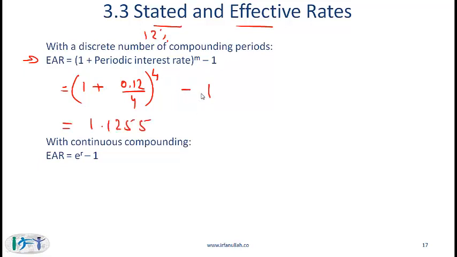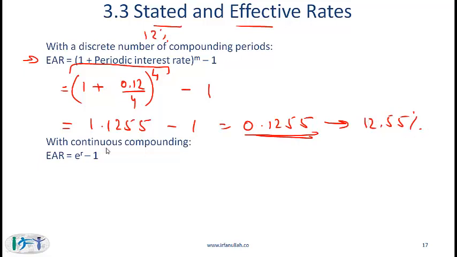A lot of people get confused about this minus 1, and the idea is actually fairly straightforward. If you look at this part of the expression, essentially we have 1.03 to the power of 4, which is telling us how much $1 will become at the end of 4 periods, each period being a quarter. $1 is going to become 1.1255, but this is not a rate. To figure out what your return is, you need to subtract the original $1 that you invested, and what you are then left with is 0.1255. So that is your effective return, and expressed as a percent, this is